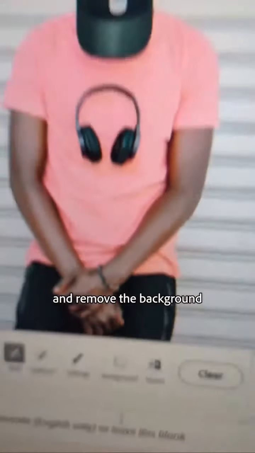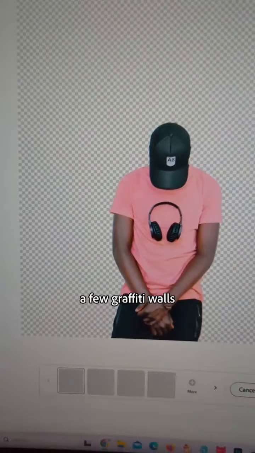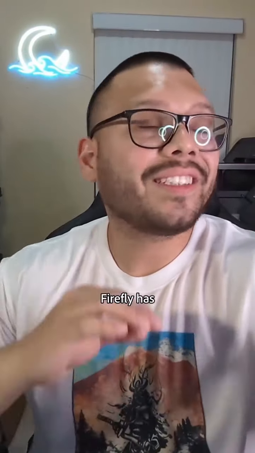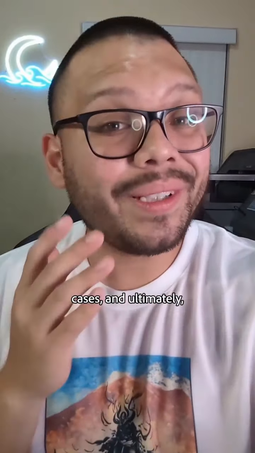Now let's go ahead and remove the background to something a bit more fitting. Let's check out a few graffiti walls. That looks absolutely amazing. Adobe Firefly has tons of different use cases, and ultimately it's up to you to find